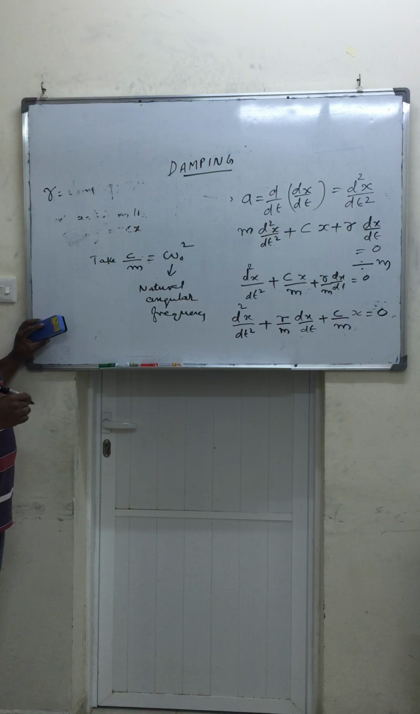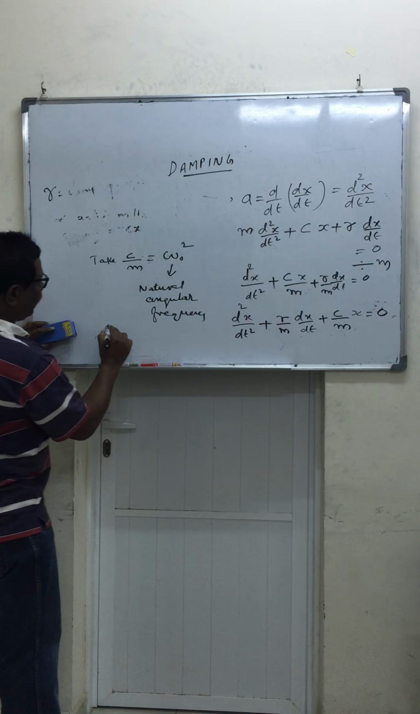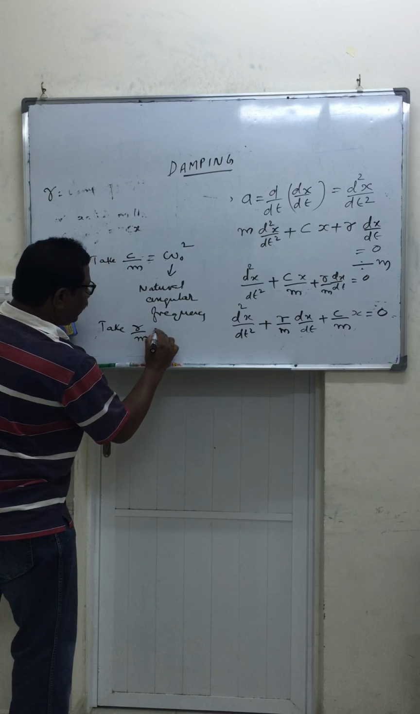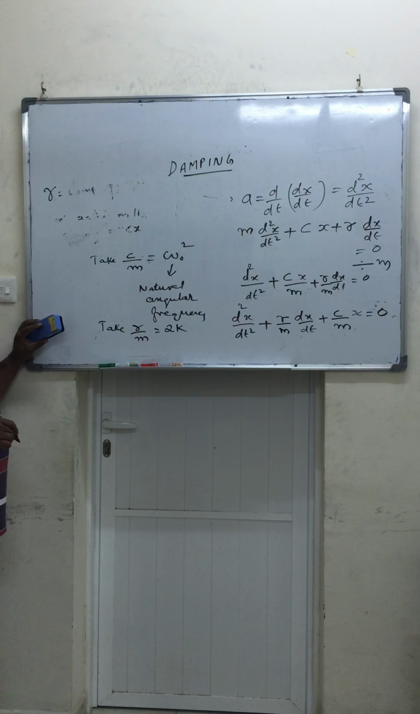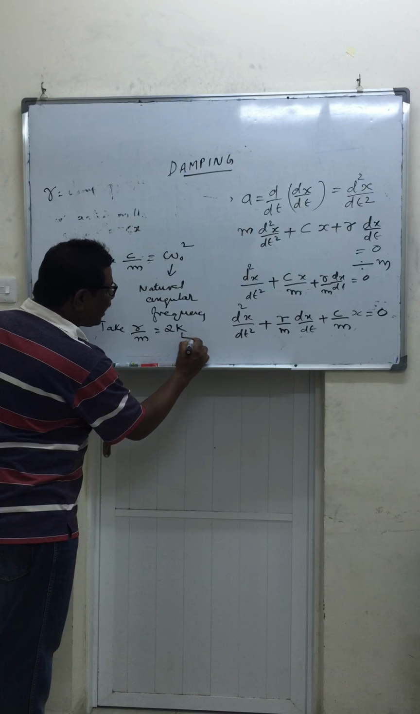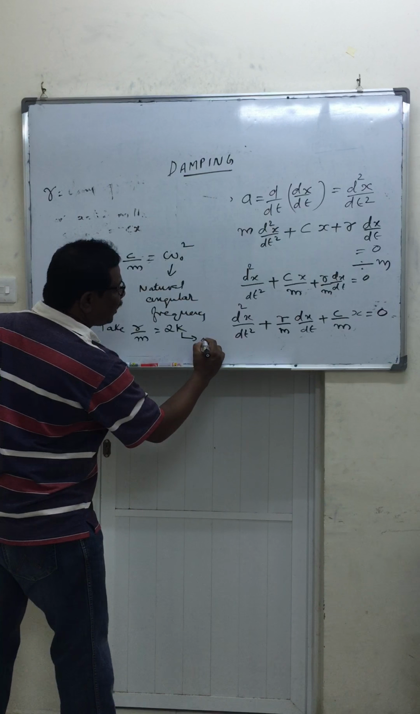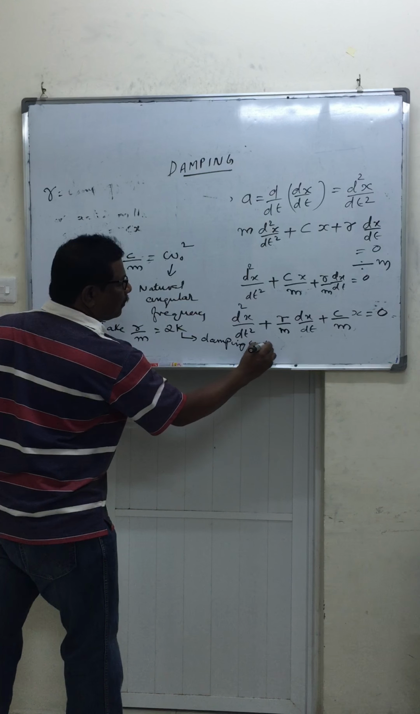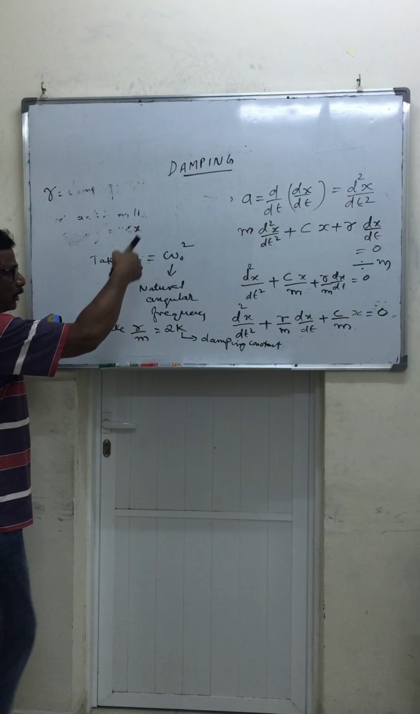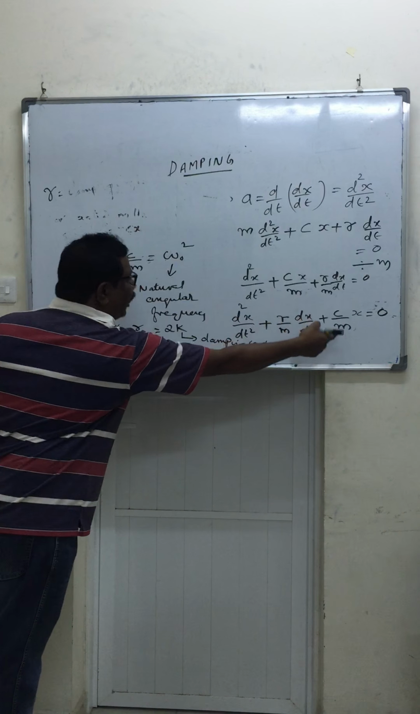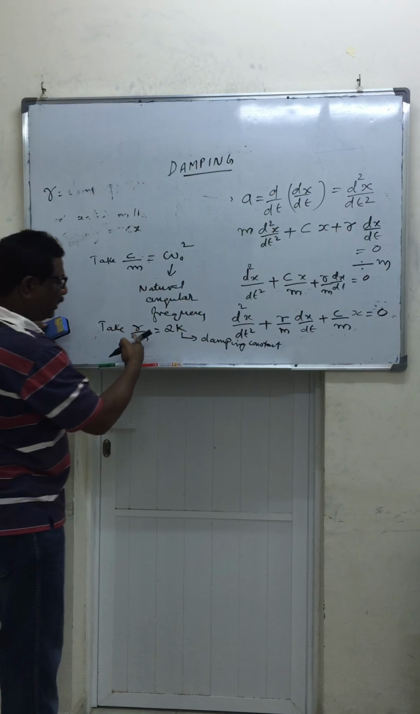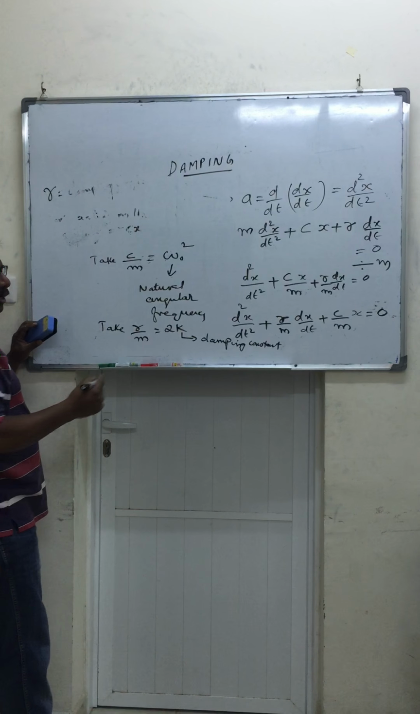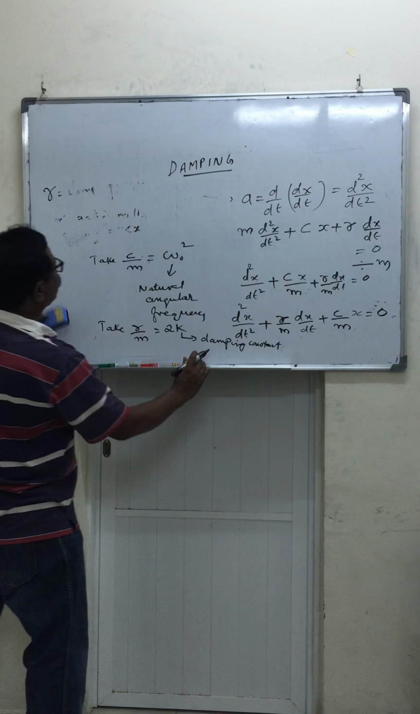M is the mass. Similarly, I can take gamma by m equals 2k. Here k is a constant called the damping constant. So instead of c by m, I will be writing omega naught square. Similarly, instead of gamma by m, what will I be writing? 2k. So this equation changes to